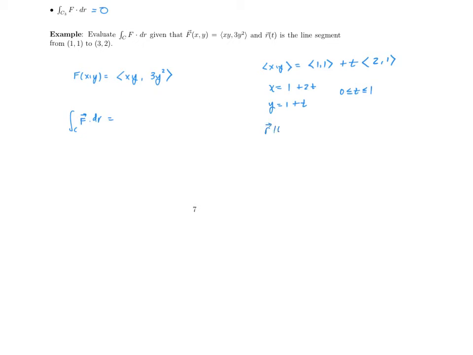That gives us r of t being (1 plus 2t, 1 plus t), so that r prime of t is (2, 1). And in order to evaluate the line integral, we take the definite integral over how the parameter value varies, 0 to 1. We evaluate our vector field F at r of t, and we dot it with r prime. And you don't need to include this step. I like to, at least in the beginning,